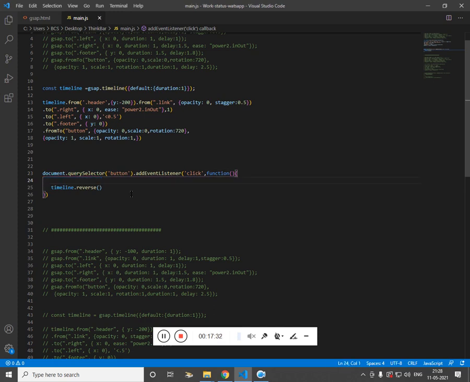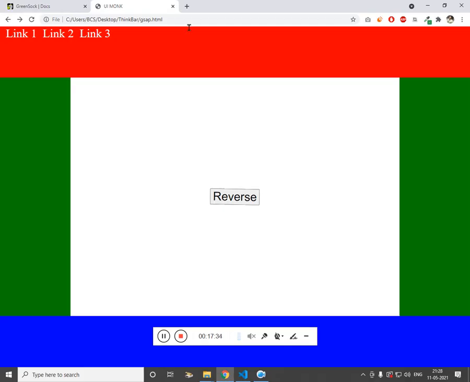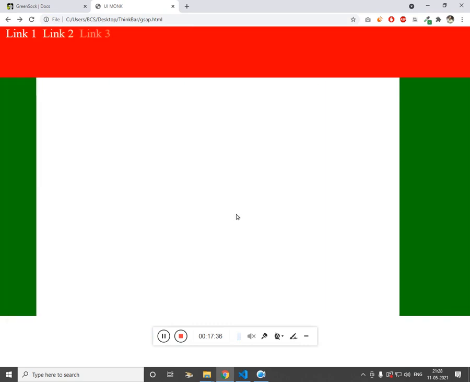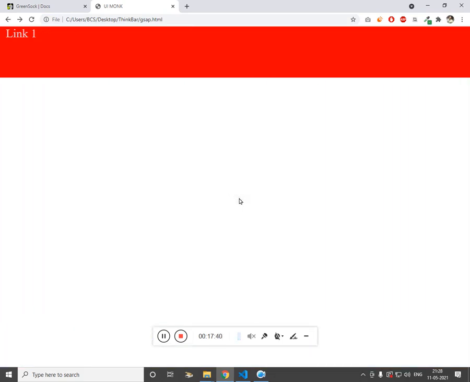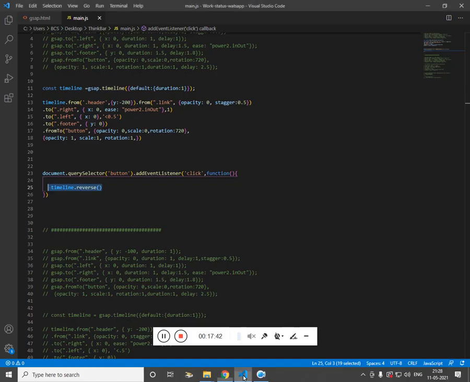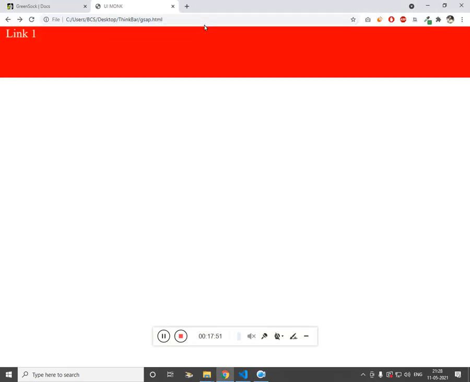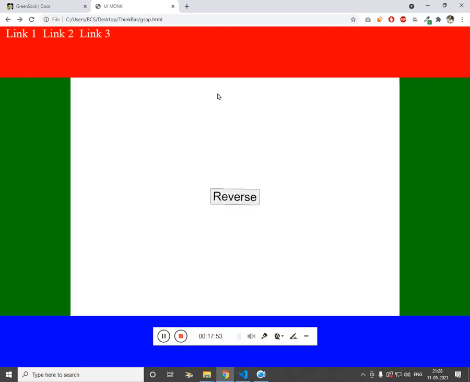We'll look at this later. Once I click on it, the animation will be reversed. The timeline would be reversed, and this reverse is based on the time which you have specified, which is the duration which you have specified. So if you want to make this a little faster, you can use the time scale. So if I refresh, if I click here,